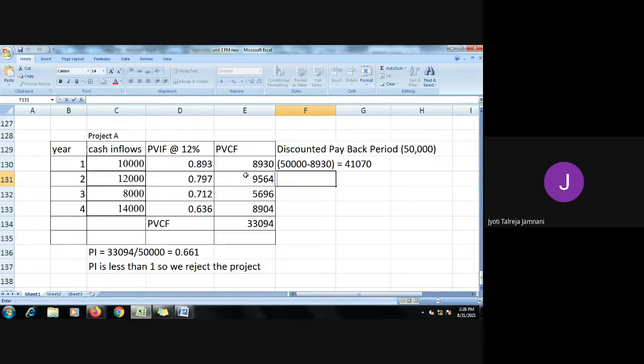So in the second year, what I'm doing, 41,070 minus 9,564. So you will get the remaining balance of money, 31,506. Then from the third year, you can recover 5,696. So 31,506 minus 5,696 I have to do, which will be equal to